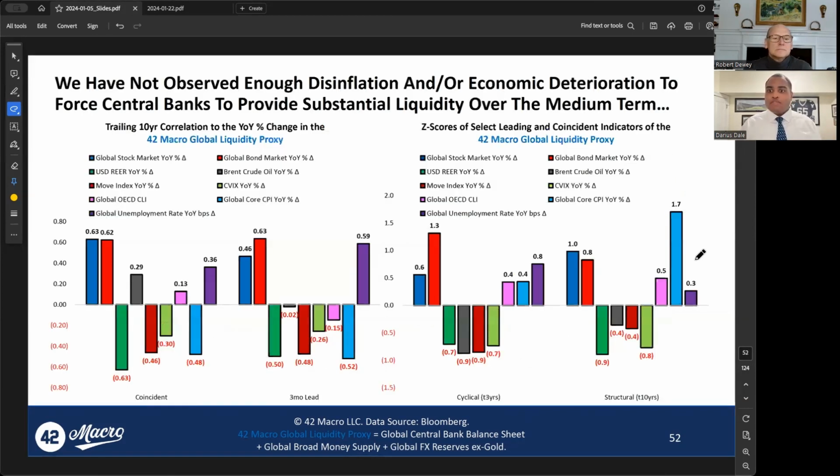That's something we do a lot of statistical work on here at 42 Macro, because it's not enough to just do what everyone else is doing on Twitter, which is telling you liquidity's up, therefore Bitcoin should be up, or liquidity's down, therefore the stock market should be down. That's not really an investment process, because it's not forward looking. And to be forward looking about these dynamics and ultimately make and save money with this information, you need to